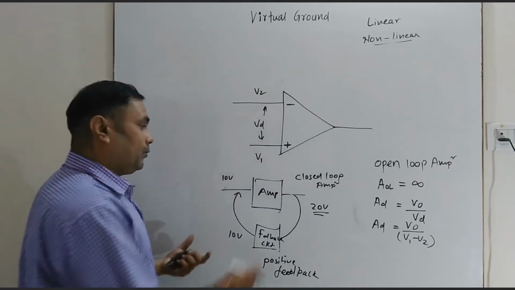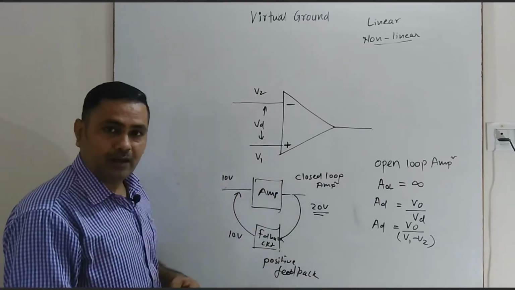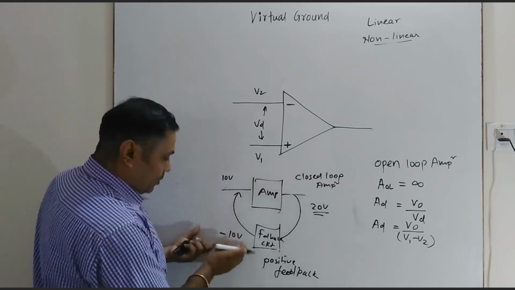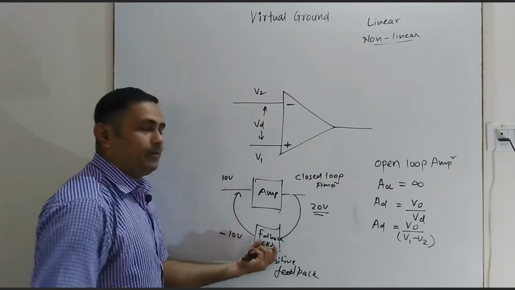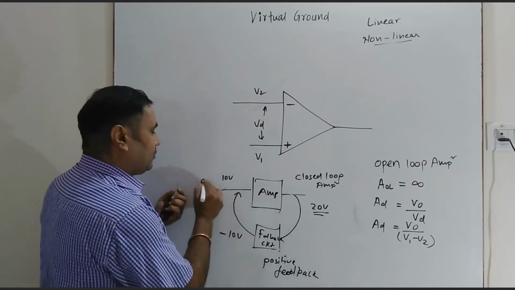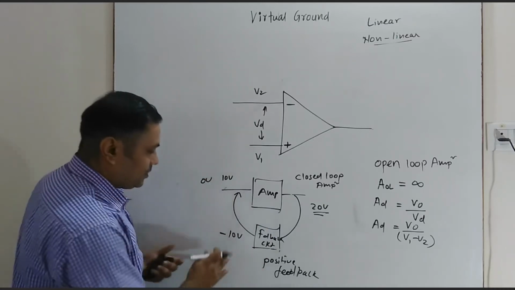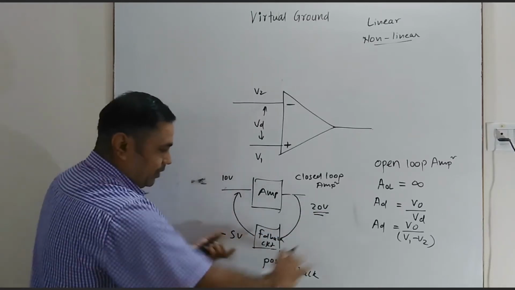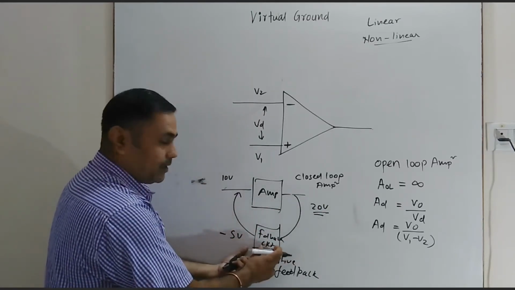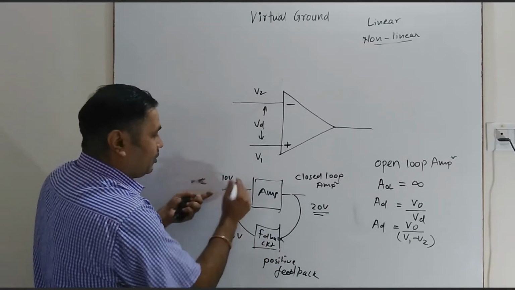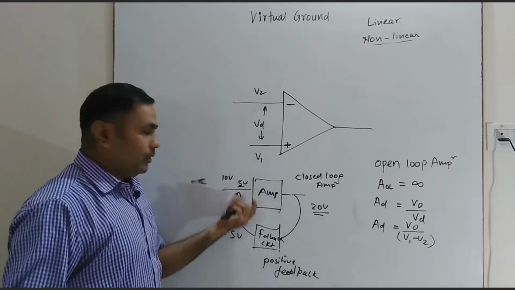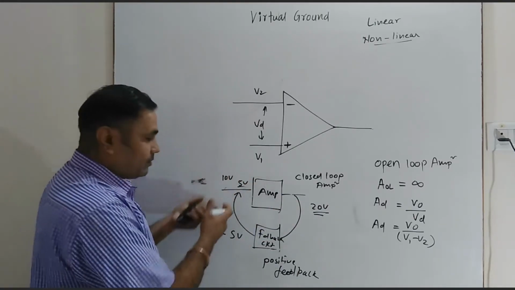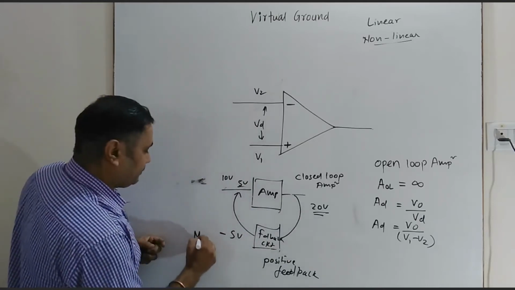In the same way, if you are decreasing this voltage towards the negative side, that means this voltage is reduced by 10 volt. That means suppose minus 10 volt is generated by this feedback circuit, then obviously this voltage will become 0. We can change this value up to suppose 5 volt. Then the input voltage here in this case, if negative voltage is provided by this feedback circuit, it is getting added here, so 10 minus 5 volt, so the net voltage at the input will be 5 volt. So this is actually reducing the input voltage, it is not getting added here, so that is why this feedback is called negative feedback.